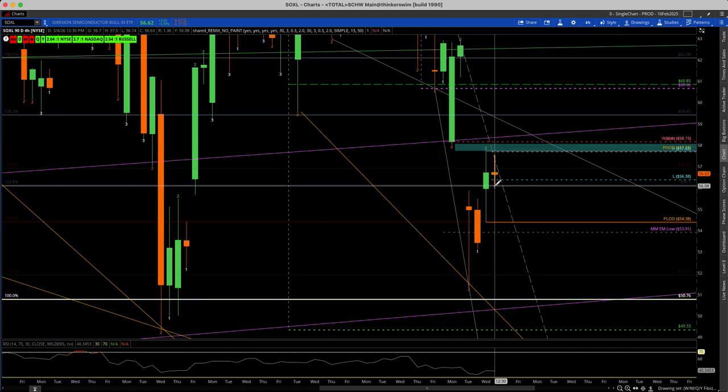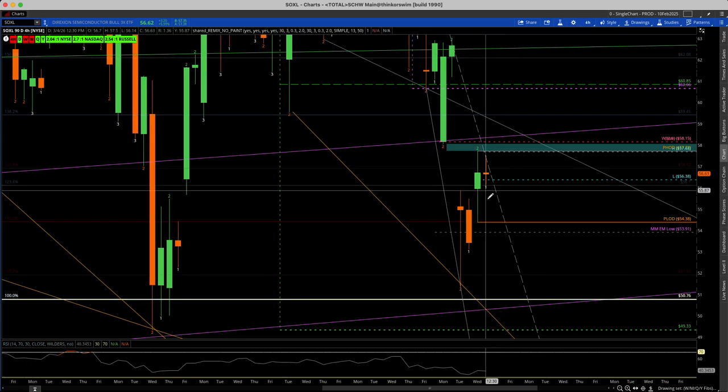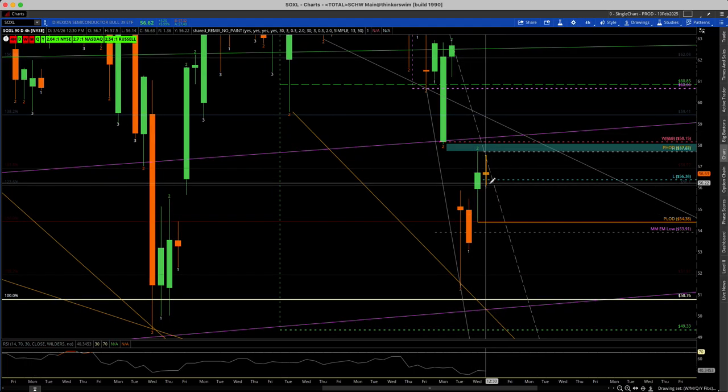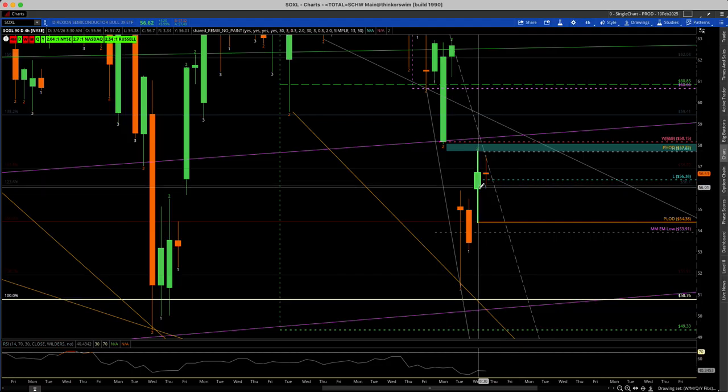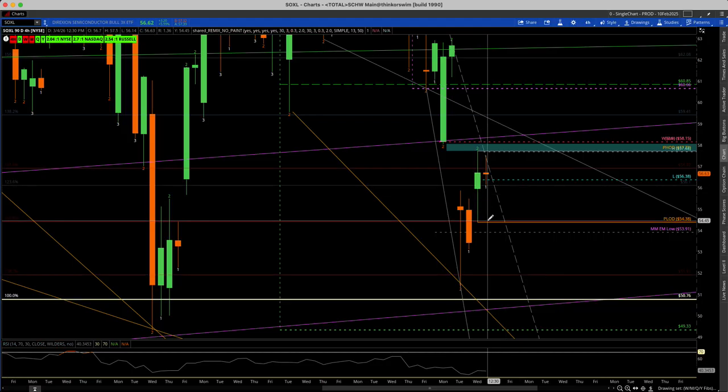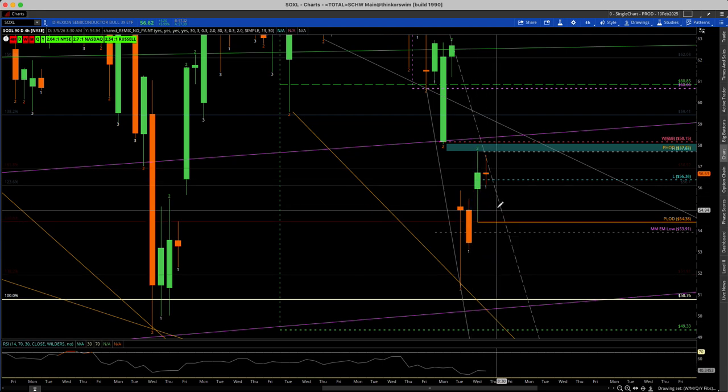If we're playing just the strat, then obviously the downside would offer you more magnitude there, right? You enter at the low of the 1, you exit at the low of the 2, right? Now, say we do go to the downside, right? We reach that previous low of day. If we go below that previous low of day, then we trigger this 1 combo 2 up, 2 down, and